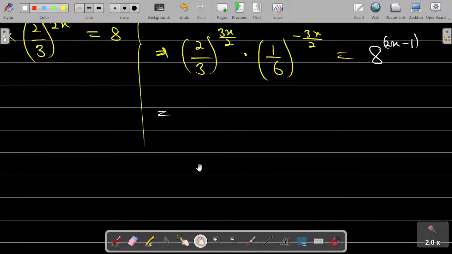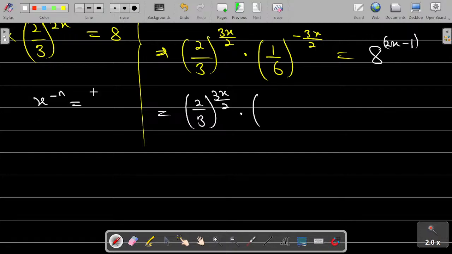so here what do we have? Now we will try to see how to make this to have the same powers. Of course, you can also do addition assuming the bases were the same, but they are not. So we try to make this to be the same power. And how do we get that? Very easy. So we have 3x over 2 times. Now watch what will happen. Remember that when you had x raised to the power of minus n, that is the same thing as the reciprocal of x to the power of positive n. So if I take the reciprocal of this,